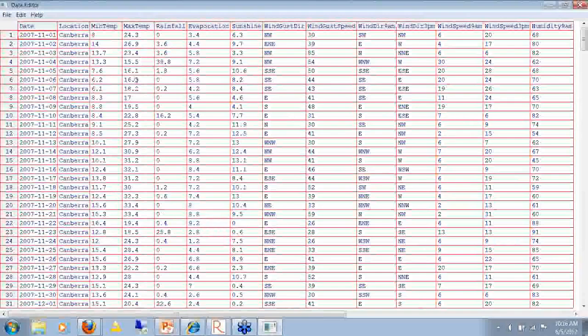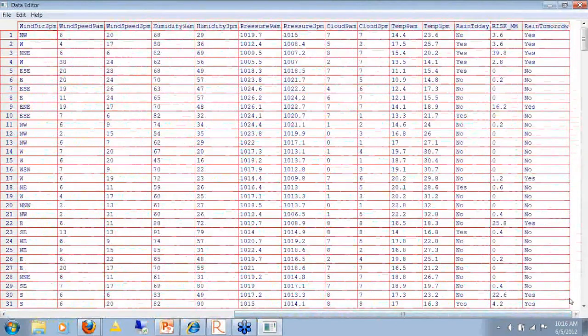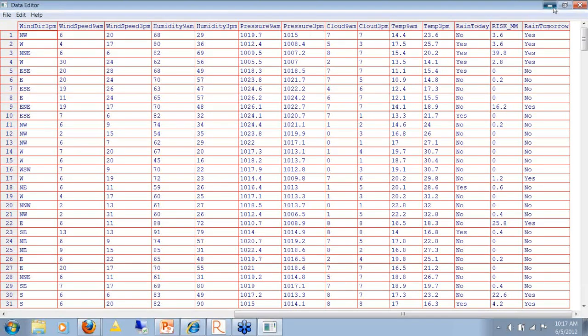We have temperature, which is a real variable. We have some factor variables like wind direction, wind gust speed, etc. And most of the examples are going to be using the columns that represent features or predictor variables to predict whether or not it's going to rain tomorrow. So if this is today, and we have a record, one of the features is whether it rained today. We're going to try to predict rain tomorrow by knowing whether it rained today and knowing a whole bunch of other stuff about what happened today.